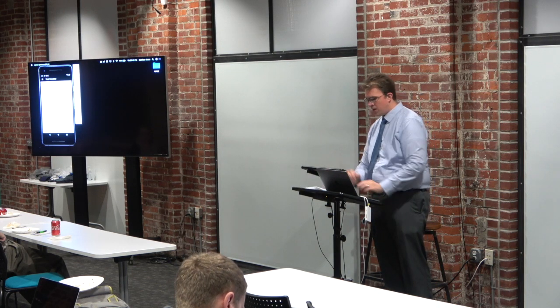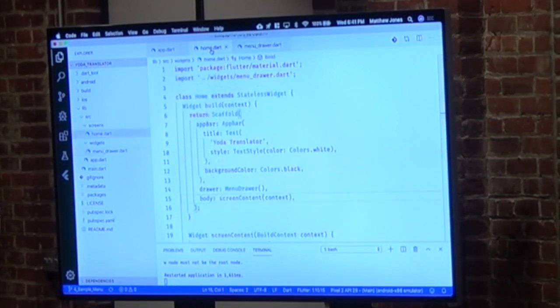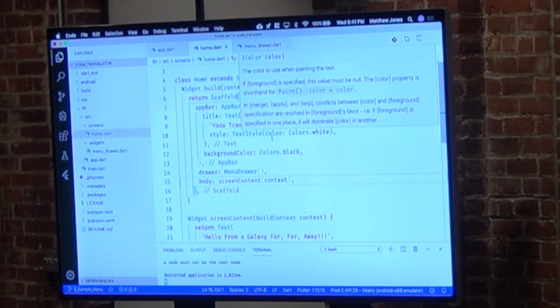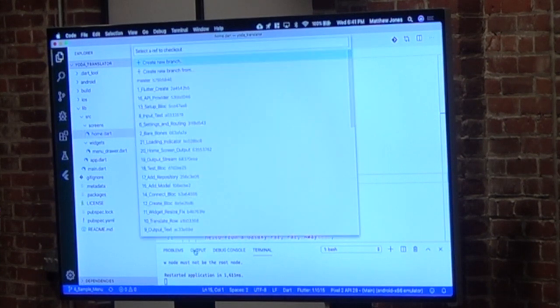So one thing I want to draw attention to is, if you look here, we have a whole lot of code in the scaffold that's going to be repeated if we create another screen. And one of the principles of programming is don't repeat yourself, right? So we're probably going to want to refactor that at some point. And we'll get to that next. So what I'm going to do is go ahead and jump to the next branch.